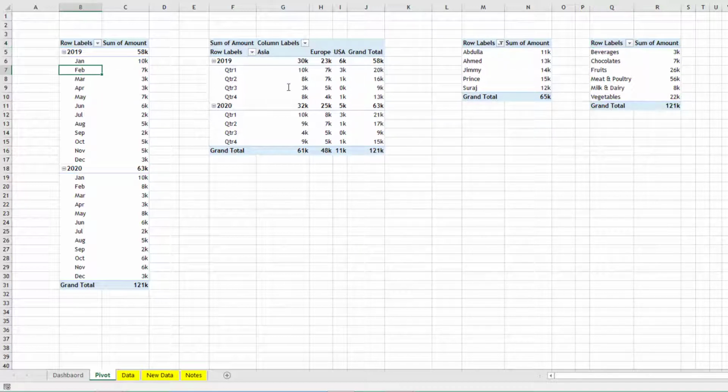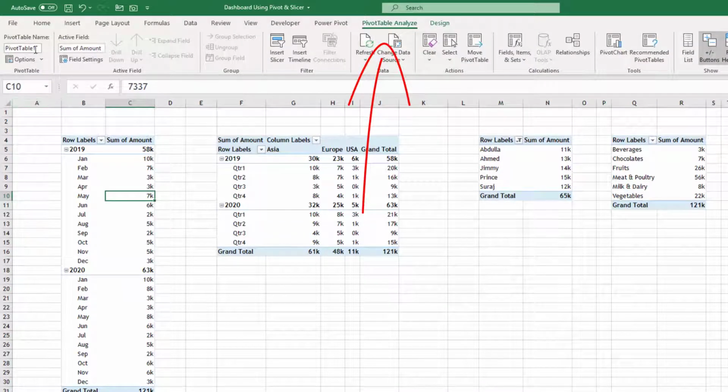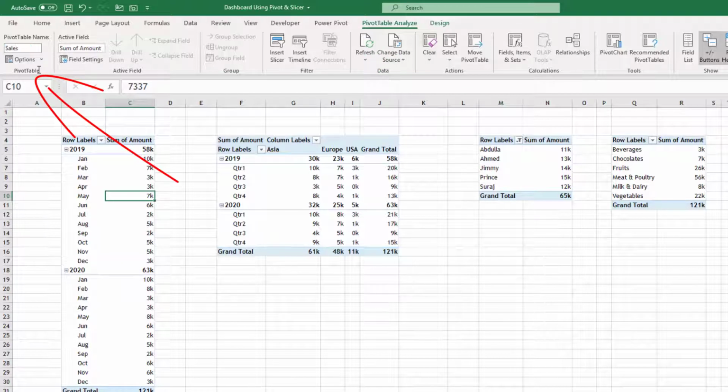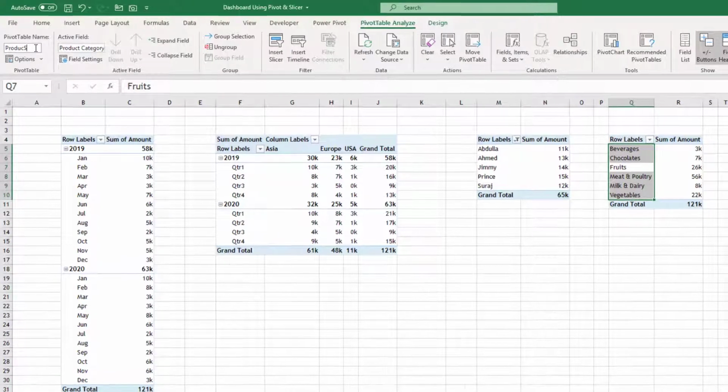After this, to identify these pivot tables, what you should do, you should name them uniquely. So first pivot table, if you go to pivot table analyze, the name is pivot table 1. Let me name it as sales underscore trend. Spaces are not allowed in these names, so avoid that. Second one, let's say region share. Third one I would name it as top 5 sales managers. Fourth one I will name it as product sales, products.